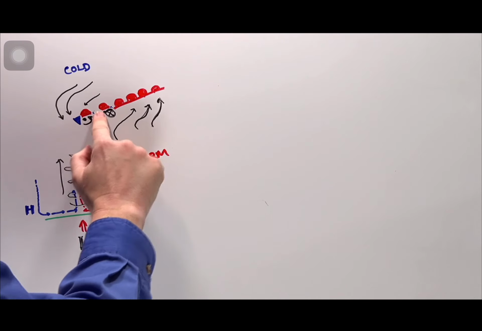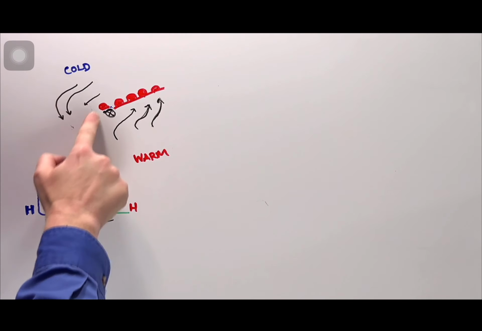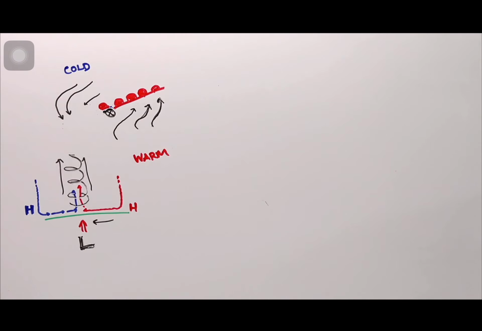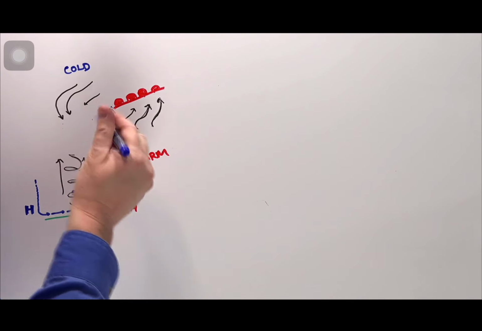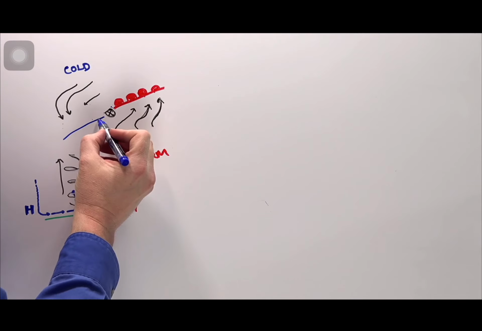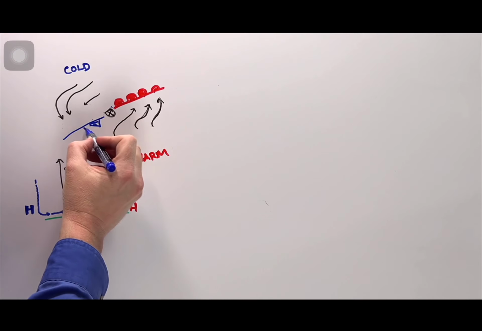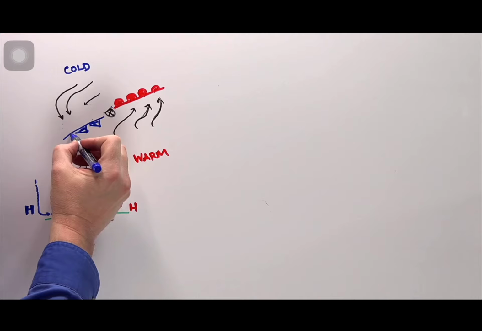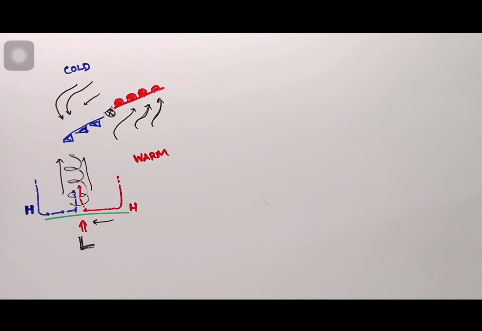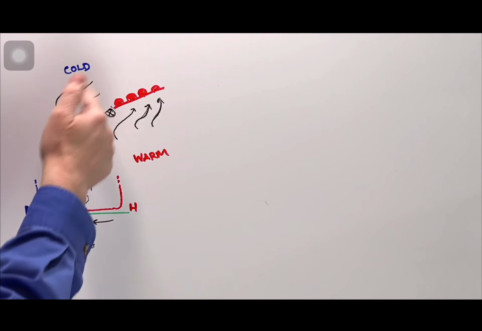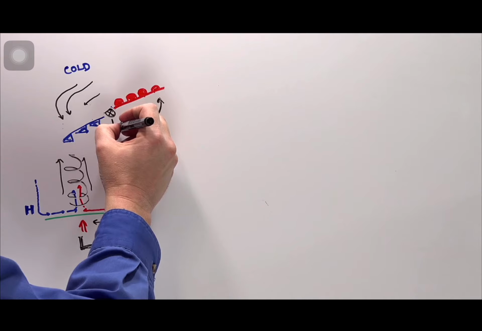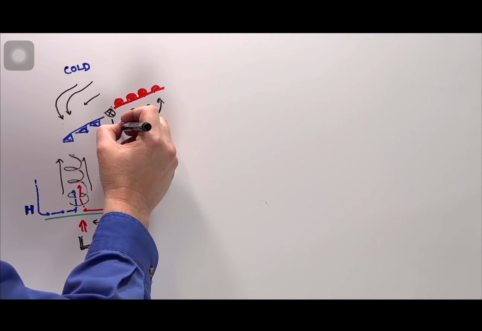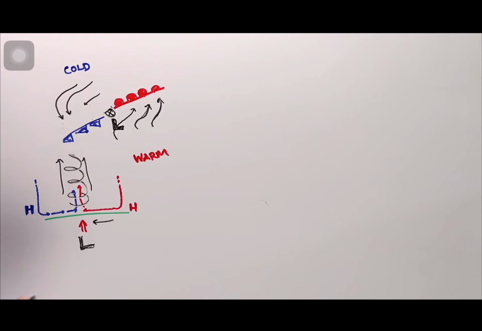Meanwhile, on this side, I now have the cold air starting to push ahead. So if I'm a meteorologist, I'm going to be, okay, well, on this side, we've got the cold air. It's got enough of a push now that it's advancing. So let's draw the warm front on this side. So this now is a low pressure area. And what I'm going to find is this is going to start to turn itself into a bit of a